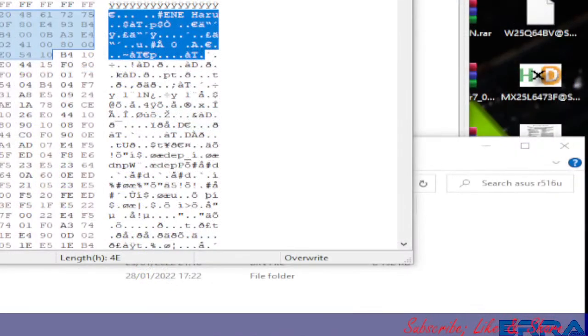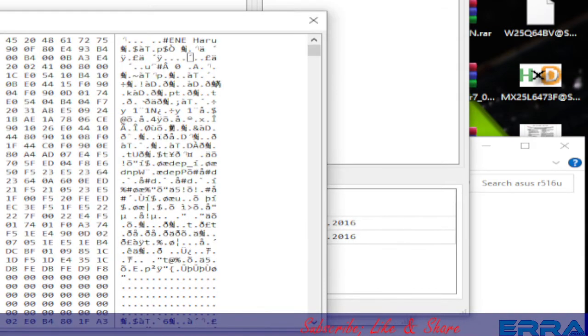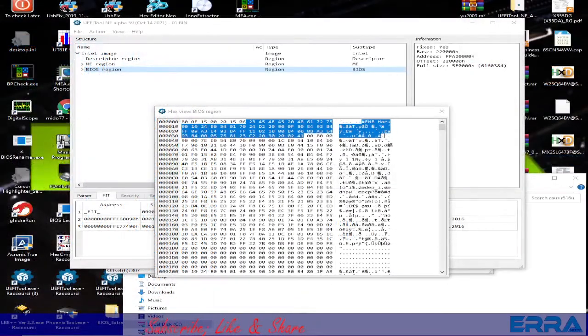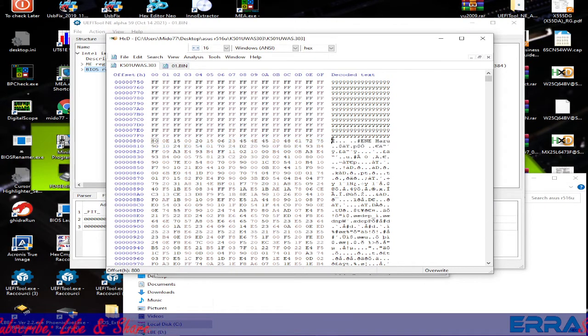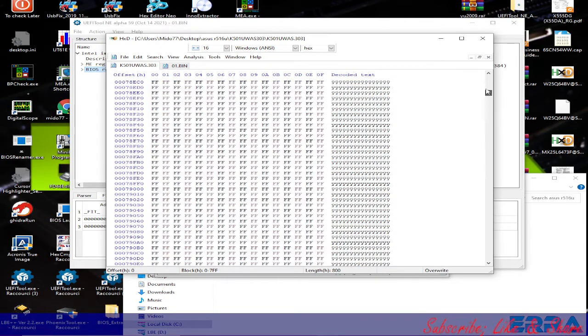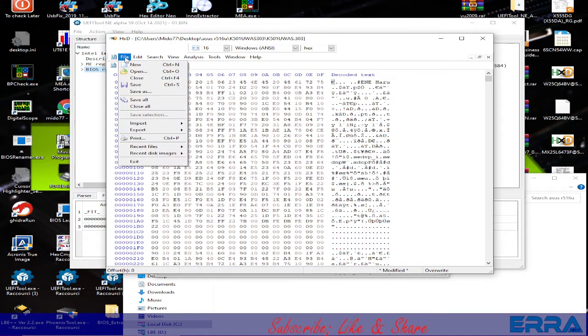If you see here, we have something like what we have in the hex view in the UEFI tool, which means that the BIOS region starts from here, and all this block should be deleted. So we just select it and delete it with the backspace key like this, and let's save the file as